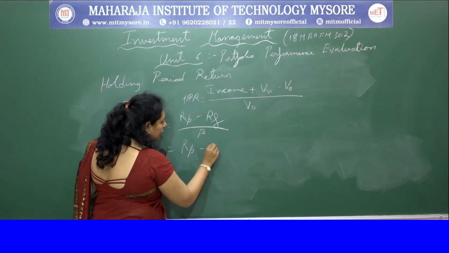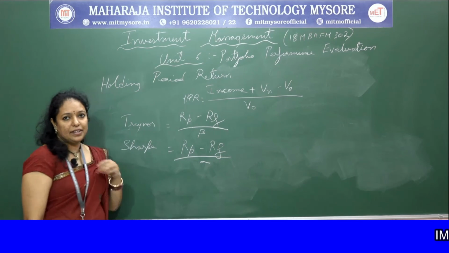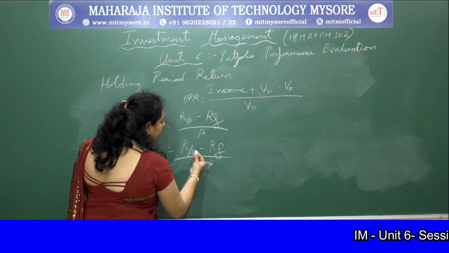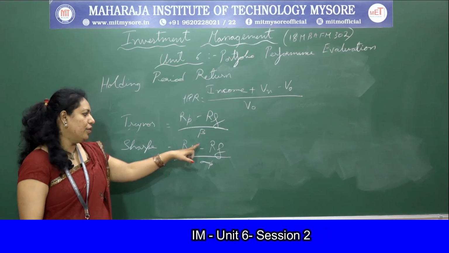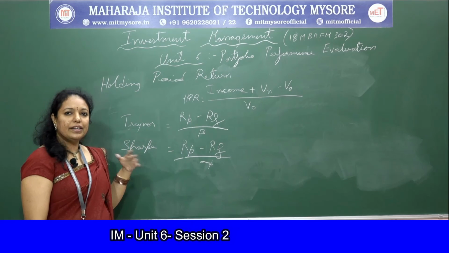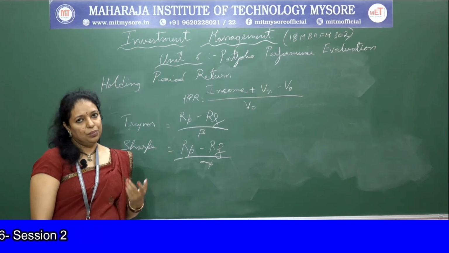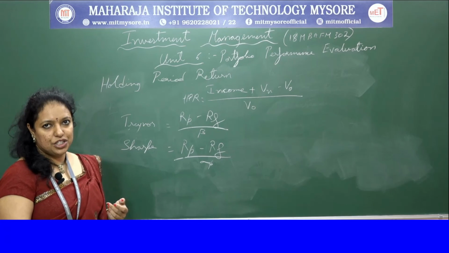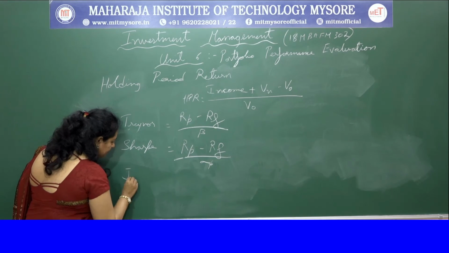So the formula for this is RP minus RF divided by standard deviation of P. That is, average return of the portfolio minus average risk-free rate of return, divided by standard deviation of the portfolio. So this is Sharpe's measure, and the last measure is